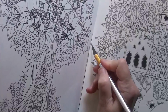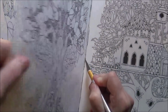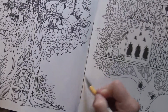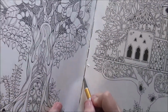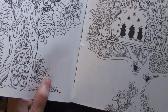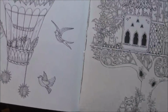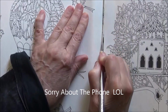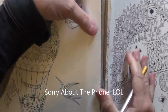So I'm just gonna go in here for a minute. I'm kind of rushing. Normally I would probably take a lot slower, but you could see, it just comes out really easy, normally. And if it gets stuck, you just kind of use your blade to get it out of there. Now, what you can also do when you do this, see, it just comes out real nice, is if you wanted to get all your pages out, you just continue to cut like this. I've taken entire books apart before like this. So you just would take it and then you just push a little harder, and then you can actually get